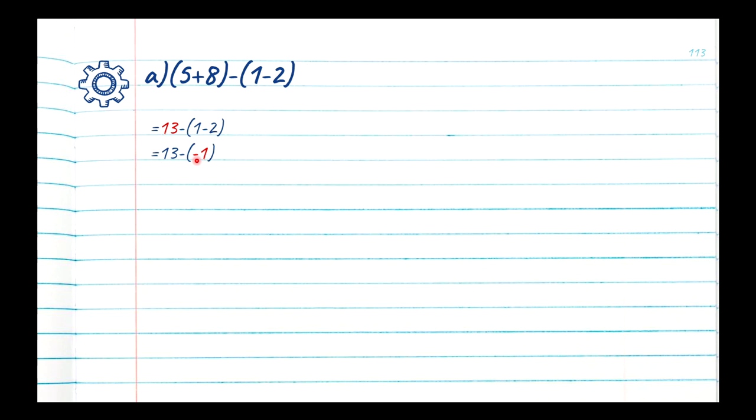minus. So when we have a minus and a minus, that's going to convert to a positive. And then a 1, because if you have a sign just by itself, it's being representative of a 1. We're just not showing the 1. So it's essentially saying -1 times -1. And the negatives turn out to be positive, and then 1 times 1 is 1. So we can change the equation to be 13 plus 1. Now this is just straight addition, so 13 plus 1 is equal to 14, giving us a final answer of